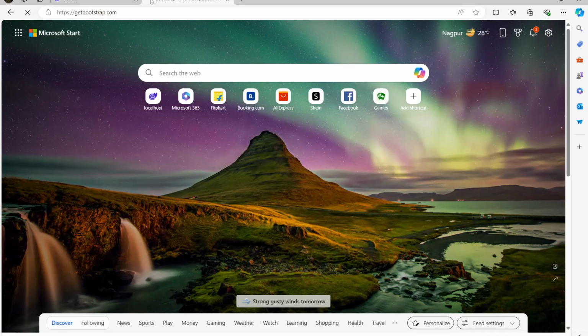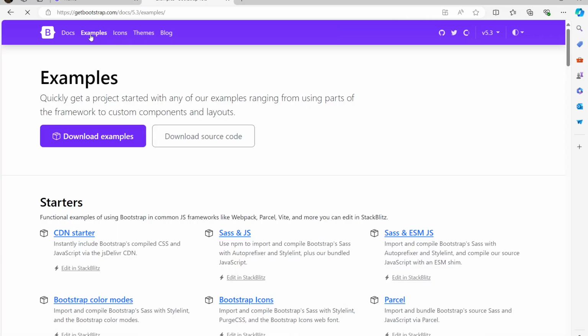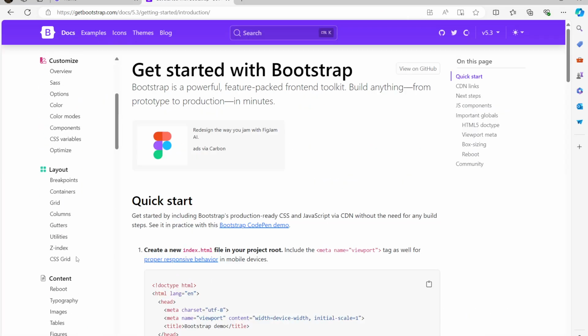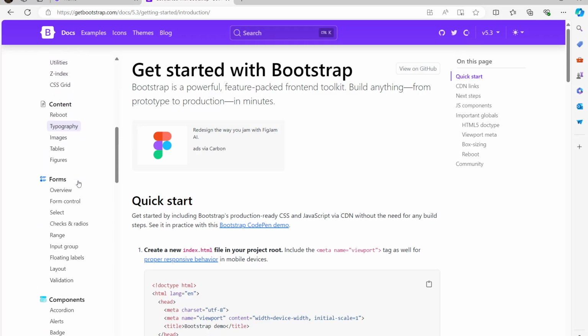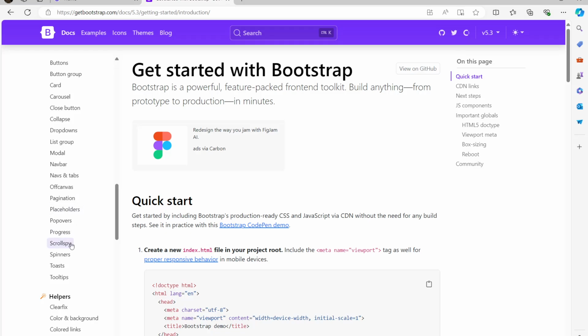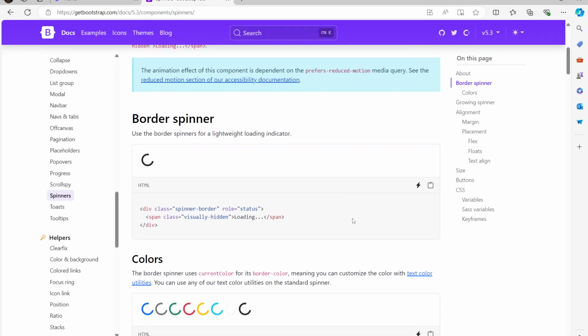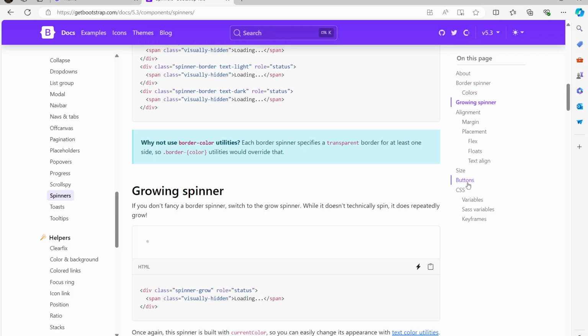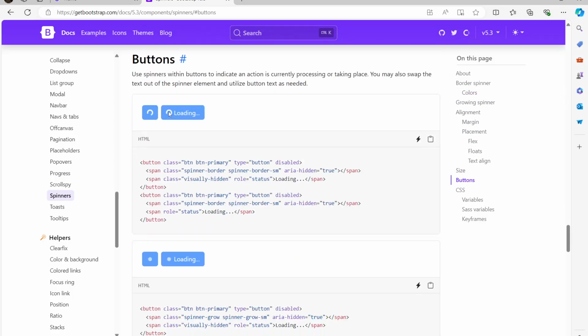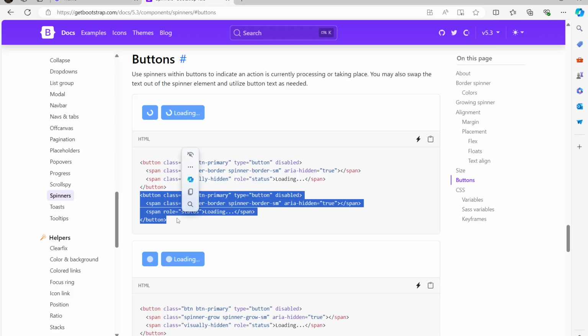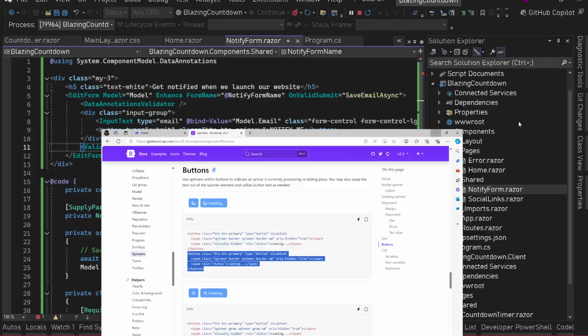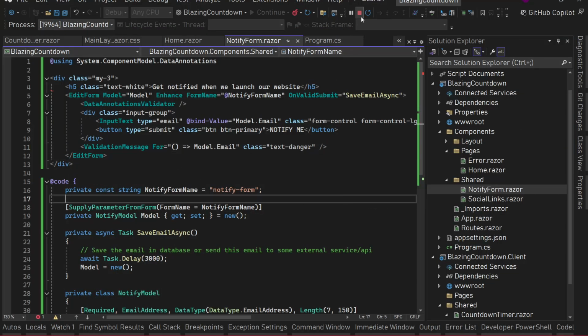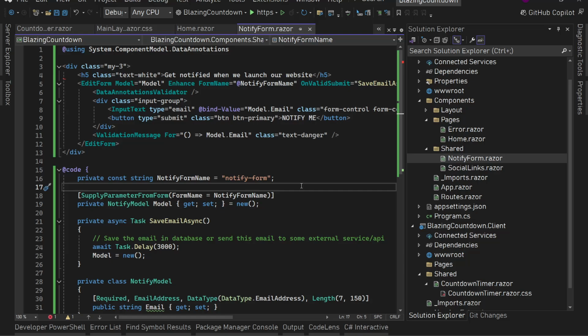bootstrap.com. I'll go to bootstrap, not example, docs. Here I'll have spinners, this. I'll have button spinners, these buttons. So I'm going to use this button, the second one. So this button. Okay, let's copy this button. Come here. And here we need to have one piece of state which will tell that this time this is